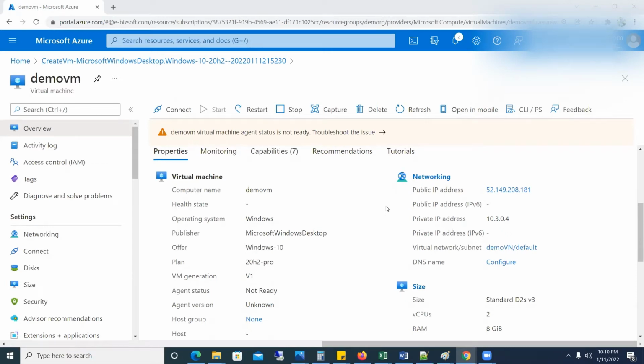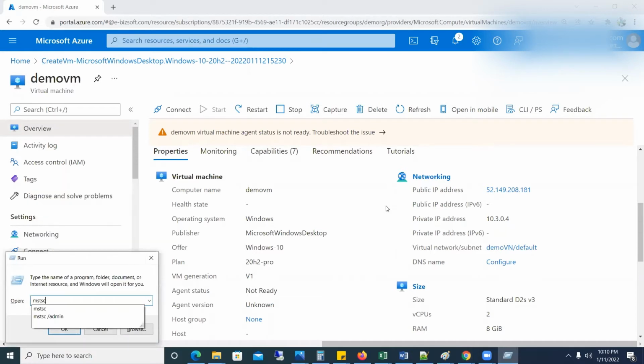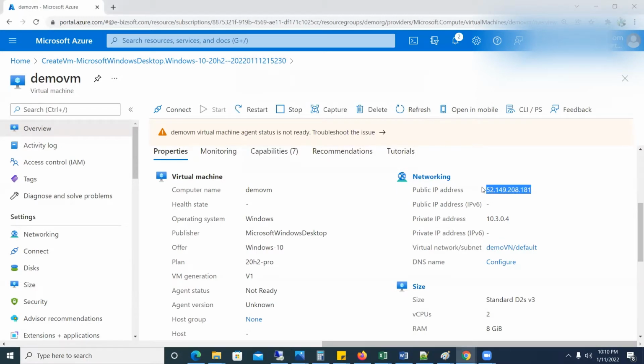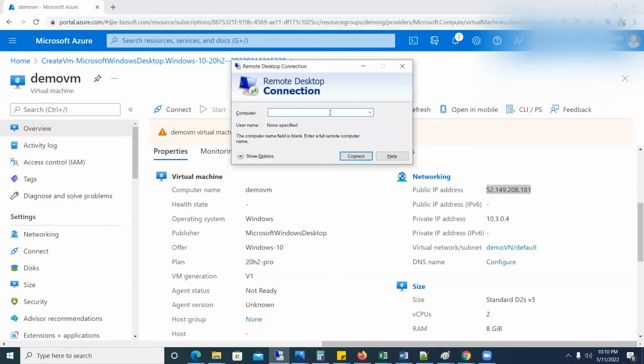Let's move and see how we can connect this virtual machine and verify both LAN connectivity and WAN connectivity as well. So for that purpose, I just need to make a remote connection with this virtual machine. So I just need to copy this IP address, and from here we will go and type over here